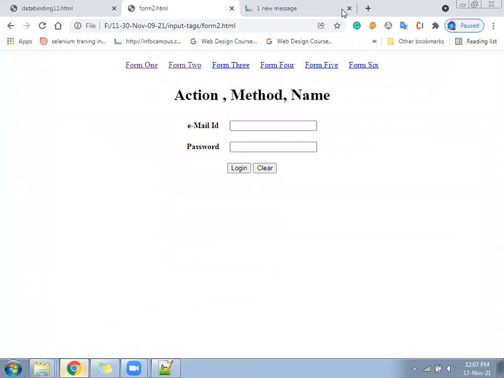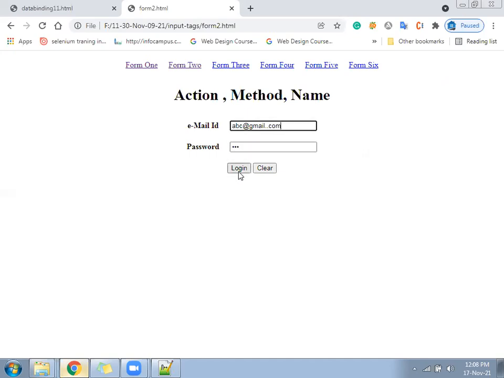After coming to the browser, in this form, I will enter the email ID abc@gmail.com. Password is 123. Inside the page, the password is not visible. That is fine. When I click on clear, the type is reset and it is inside the form, so the form got cleared. Let me enter again abc@gmail.com, password 123 again, and click on the login button.